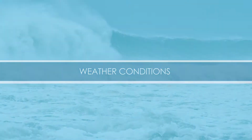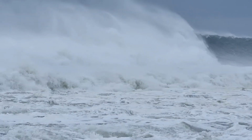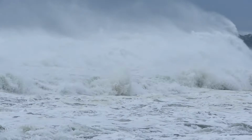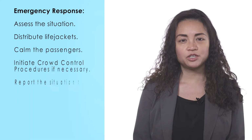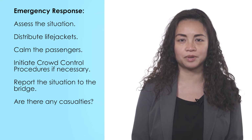Weather conditions are always regularly checked by the prudent mariner. Extreme weather conditions are not only uncomfortable but also may cause damage to the vessel. If you find yourself in an extreme weather situation where the safety of your passengers might be compromised, you must